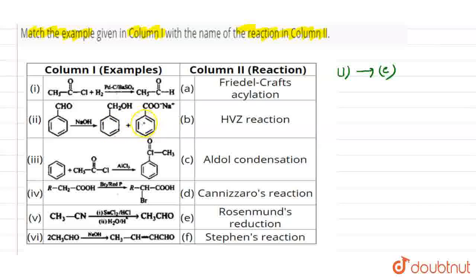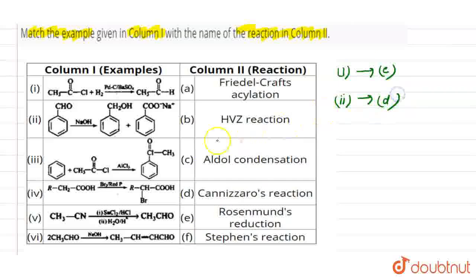And this is a naming reaction which is known as the Cannizzaro reaction, right? In this reaction alcohol and acid are produced from the benzaldehyde in the presence of base, right? So this type of reaction is known as a Cannizzaro reaction, right? So the correct answer for the second one is D, that is the Cannizzaro reaction,